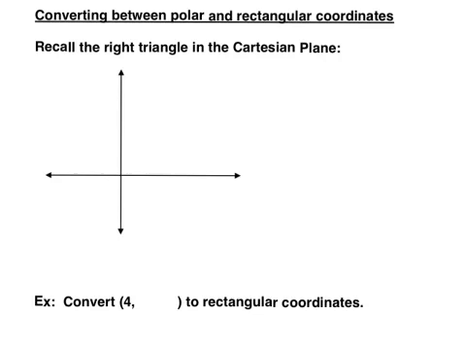Alright, so we're skipping to the center of the next page, because we're going to do the renaming in class. We're going to convert now between polar and rectangular coordinates. With rectangular coordinates, I can always create a right triangle in the Cartesian plane. If I have a point x, y, sitting out here in the Cartesian plane, I can always create a right triangle. So this would be x, this would be y, but I can also redo that using the radius and the angle. So we'll talk about first if we're given